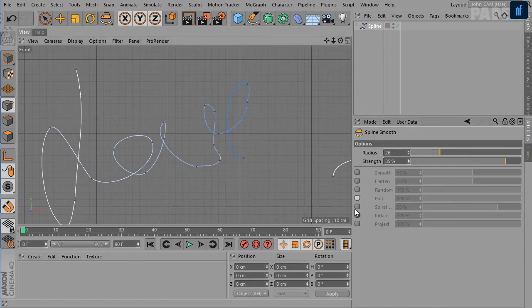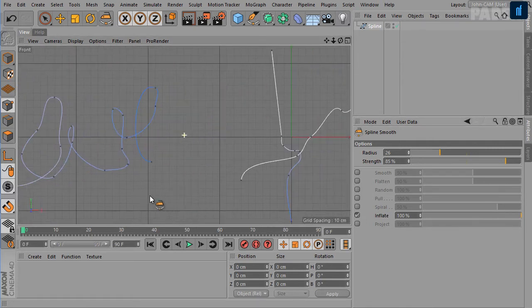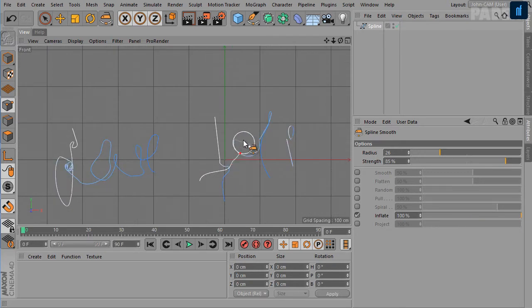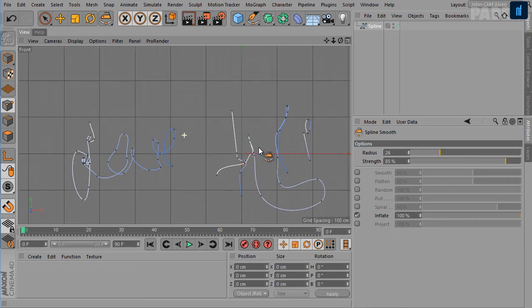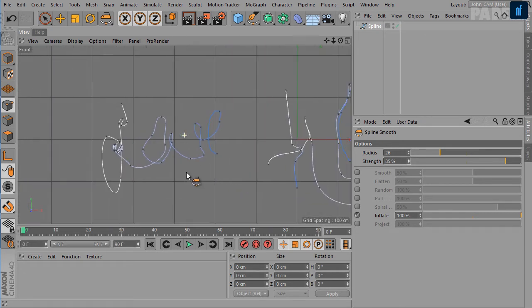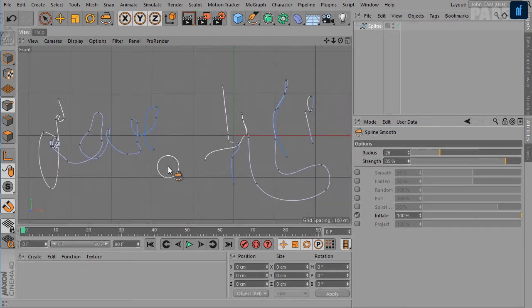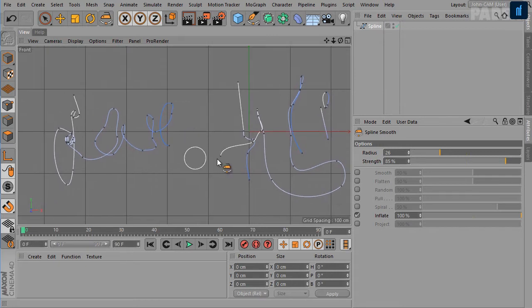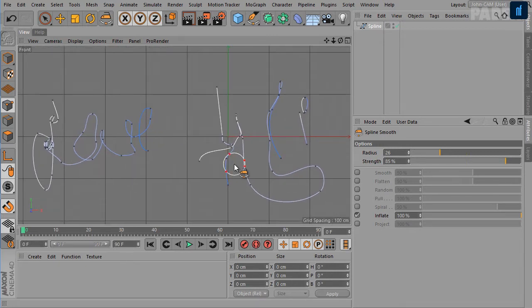Okay, you can also make a spiral like this, and you can also inflate the spline. Okay, so you have a lot of functions here with the spline smooth tool. Next we'll talk about the spline arc tool.